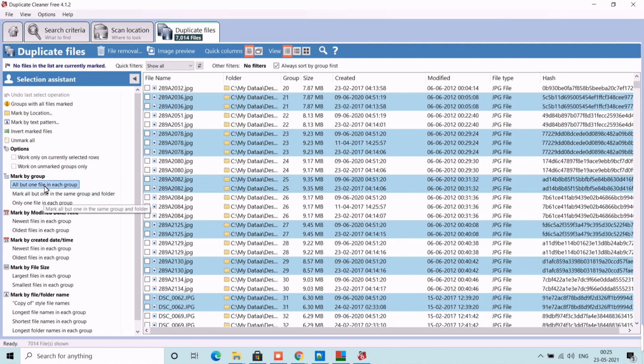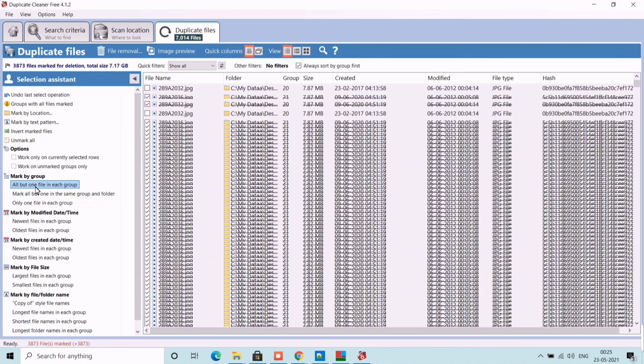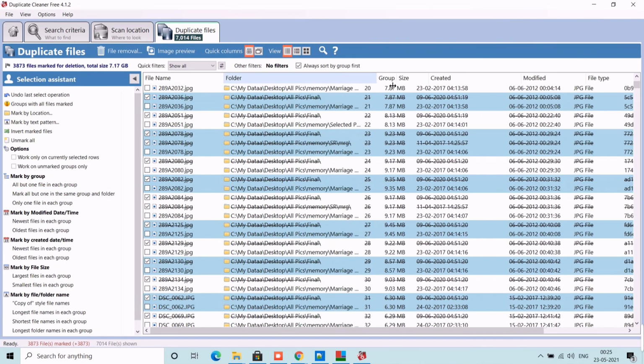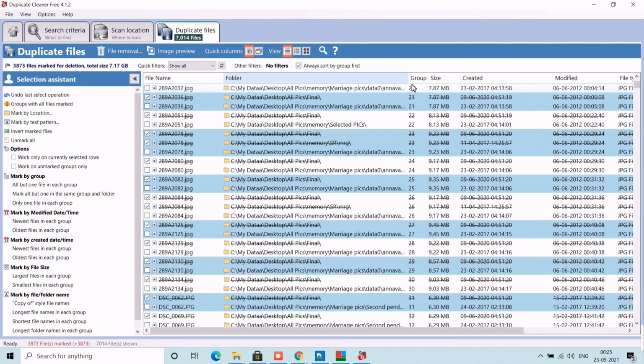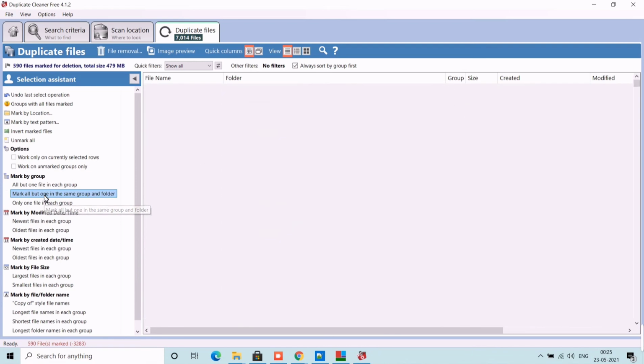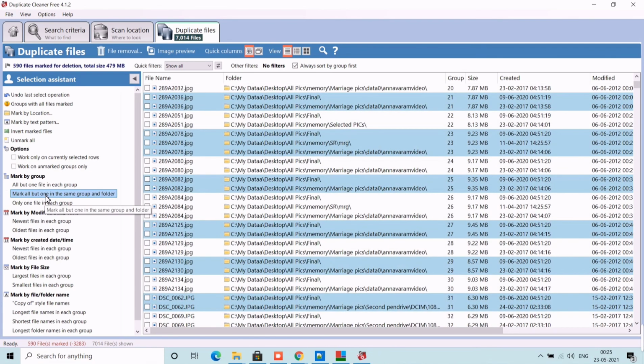You can also select by oldest for deletion or newest for deletion. If you are searching the files only by name without bothering about the size, you can also do the pattern, like by size. I would recommend you take your time if you are dealing with multiple files in hundreds or thousands, because if data is deleted in the free version, you cannot restore it.